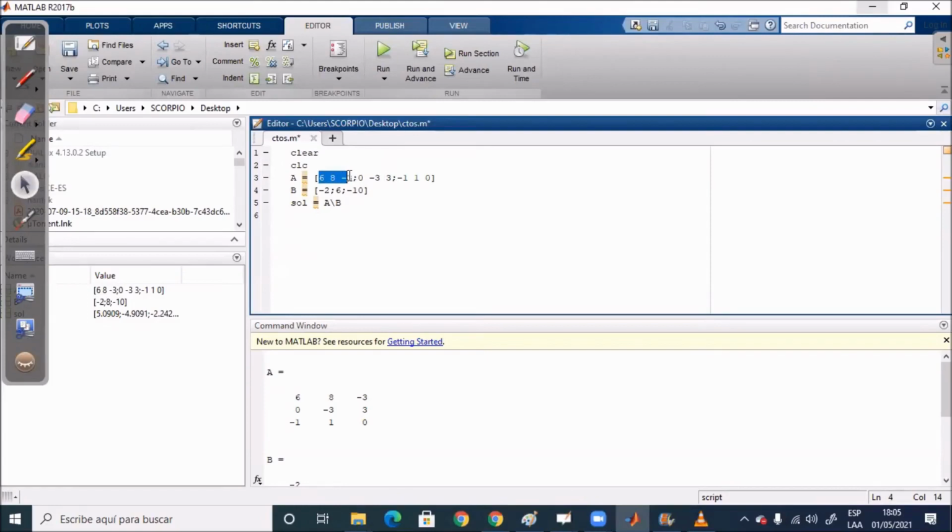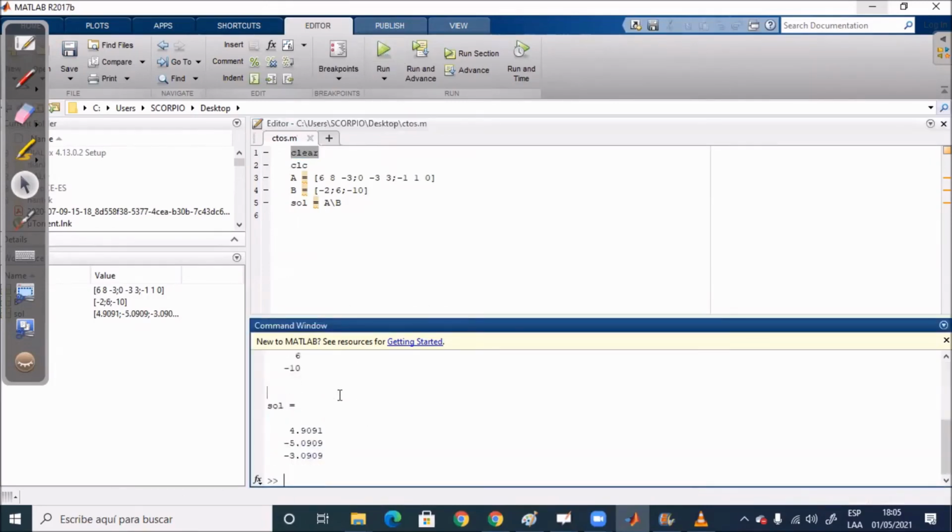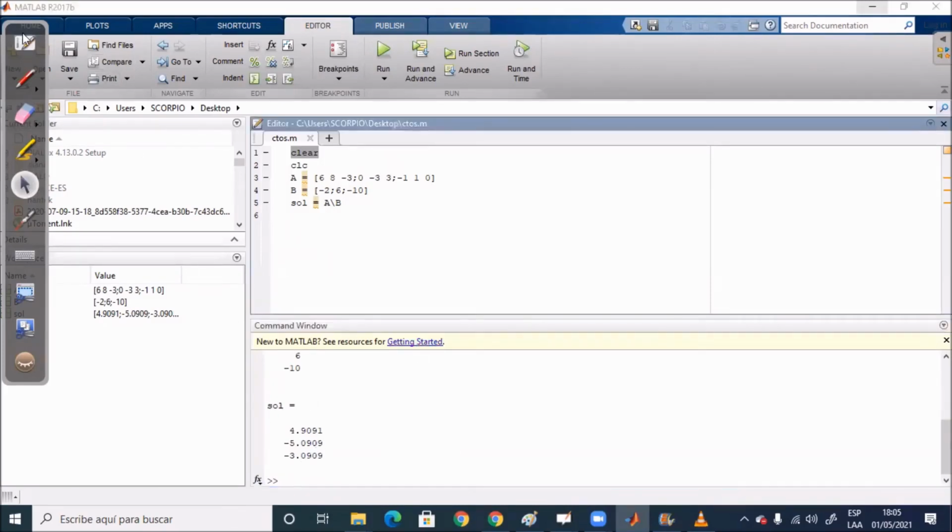Notice that here it would be 6 space 8 space minus 3 for the first row, then 0 space minus 3 space 3 for the second row, and minus 1 space 1 space 0 for the third row. Then I'm going to run the program and observe the results. Here they give me the voltages. It tells me that the voltage V1 is equal to